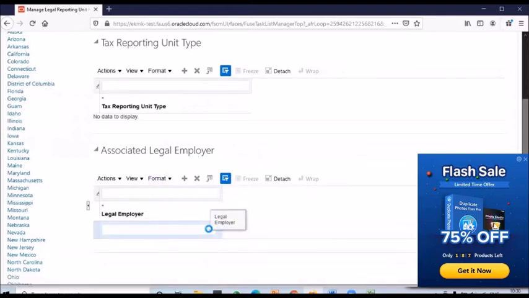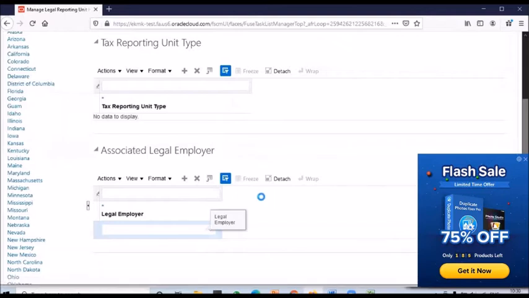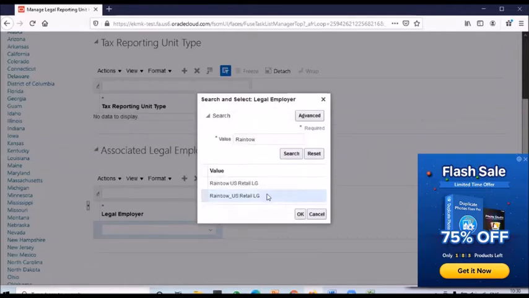So the same employees, Rainbow legal entity employees, Rainbow underscore US retail again. The employees I am going to hire in this particular legal entity, their taxes I am going to submit with this particular reporting unit. Okay.